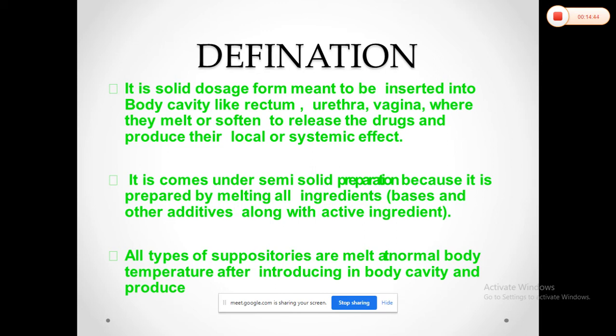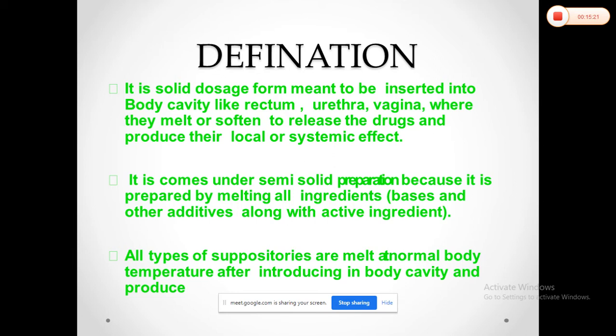Along with that, there are also various physicochemical factors that can affect it, like any salt form, or what surfactant you are using, or whatever other base you are using. Depending upon that, your release matters, or the release and diffusion of that medicament at the specific site can vary, and that has to be considered. So the main thing you have to consider is what base you have incorporated.